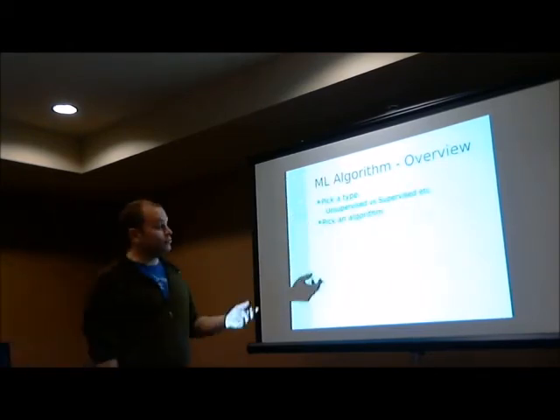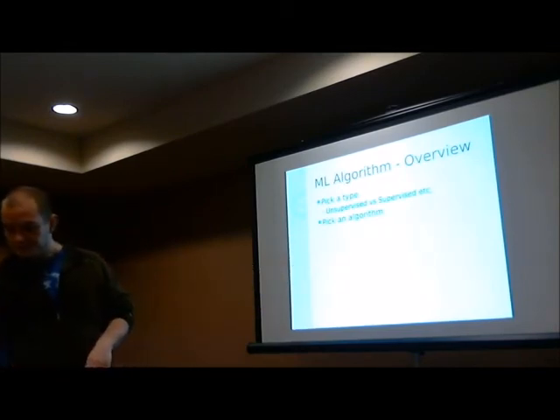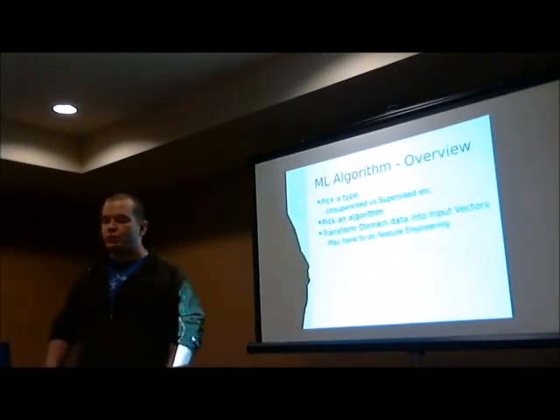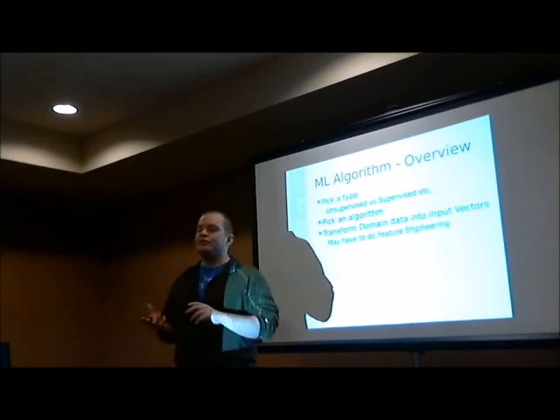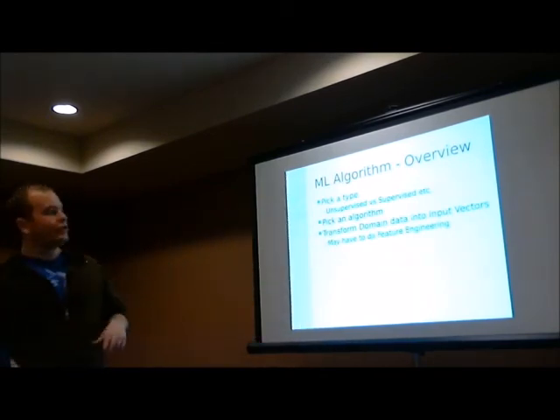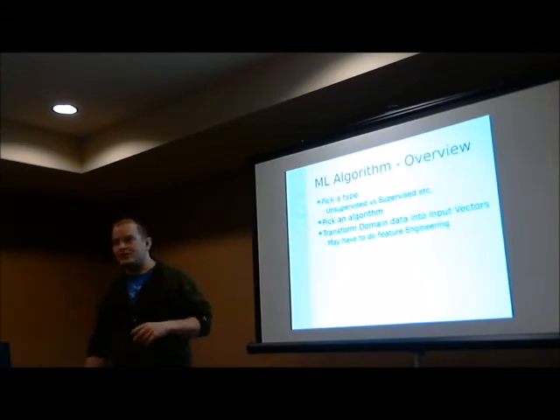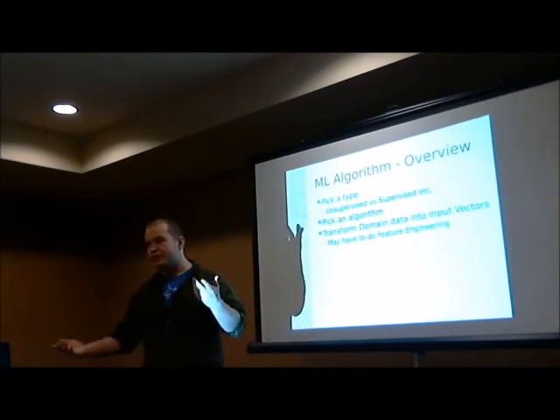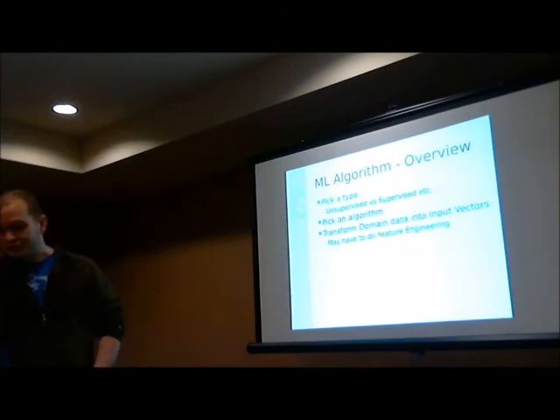We're going to pick an algorithm. We've gone over a whole bunch of those. Are we going to transform the domain? Say we're given pictures of things. That's what we got, so we have to do something to it so it can work in our algorithm. I'm going to use the colors of the image